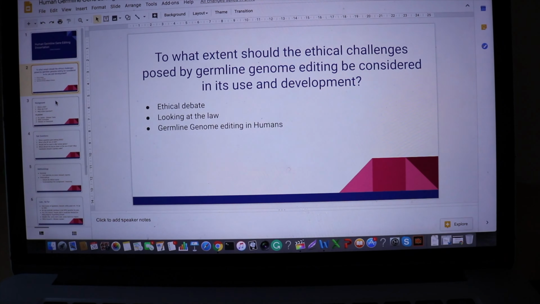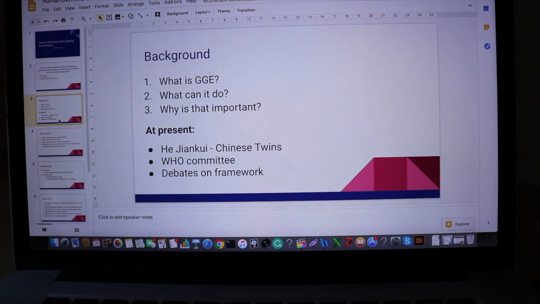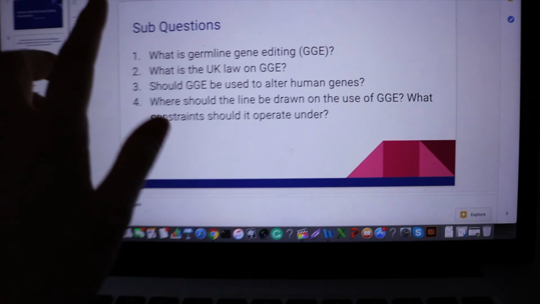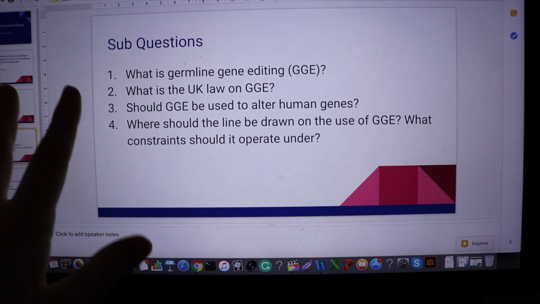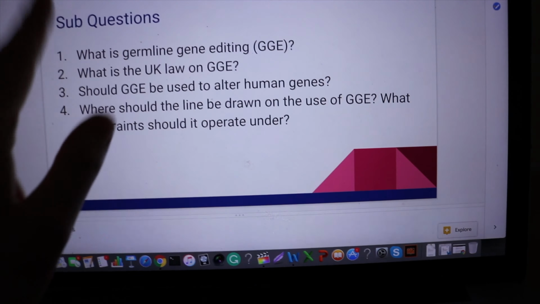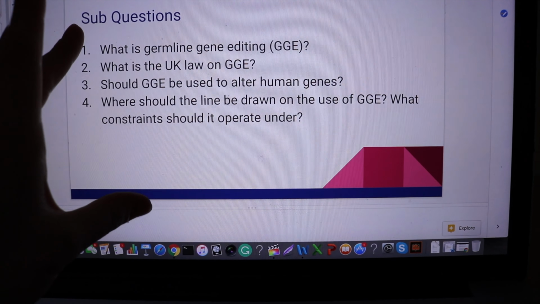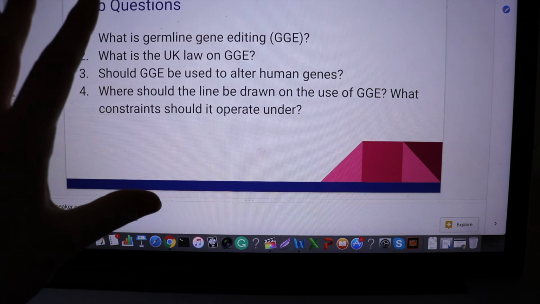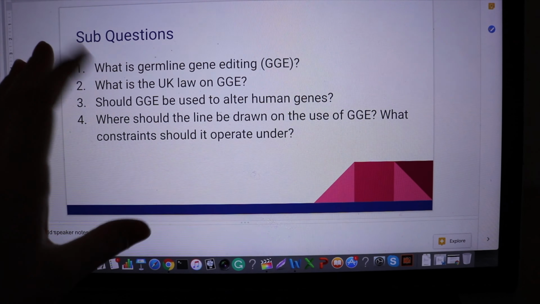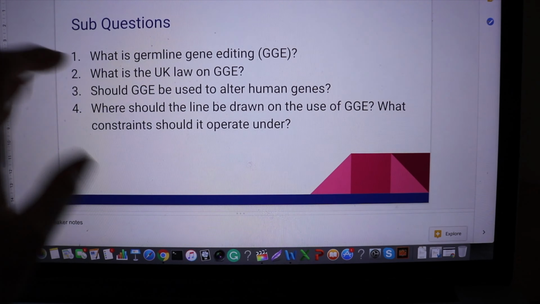Obviously the question, and then it goes into the background. This is my new layout as well. So you know how I said that I didn't know where the law was going to sit? I figured that out. So I'm going to do the first chapter all about what gene editing is, the background on it, whether there's enough information, all the scandals, then all the law, and do legal analysis, then about the